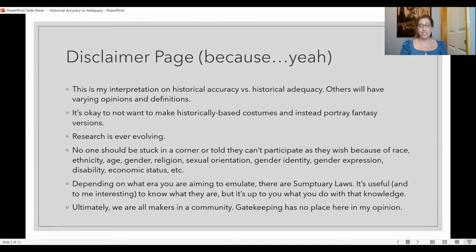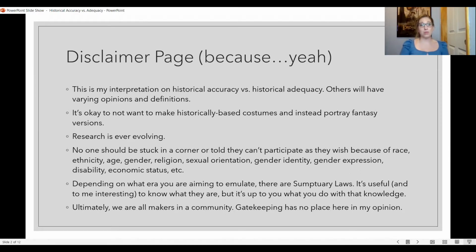And at the Renaissance Fair, we see that all the time. Research is ever evolving. We constantly see new discoveries in this field. It's the reason why we now know that kirtles were the main support garment for most of the Tudor period, and we didn't really see pairs of bodies come until very late, and we didn't see stays. So it's ever evolving. So taking things almost with a grain of salt, knowing that it might change with a